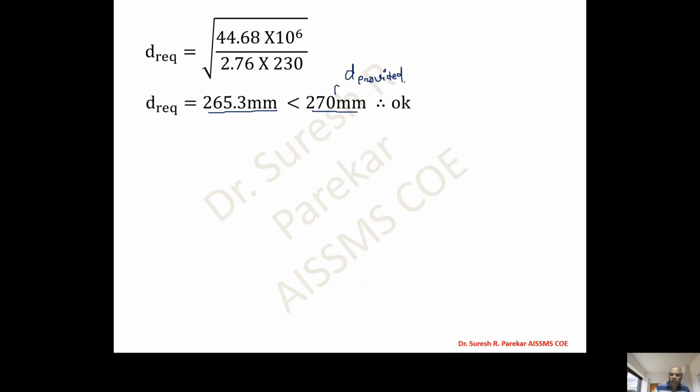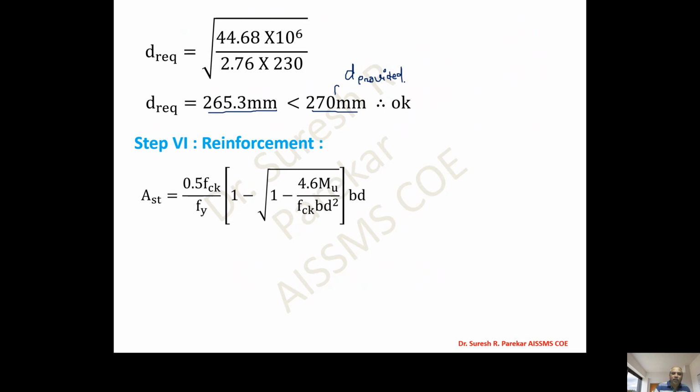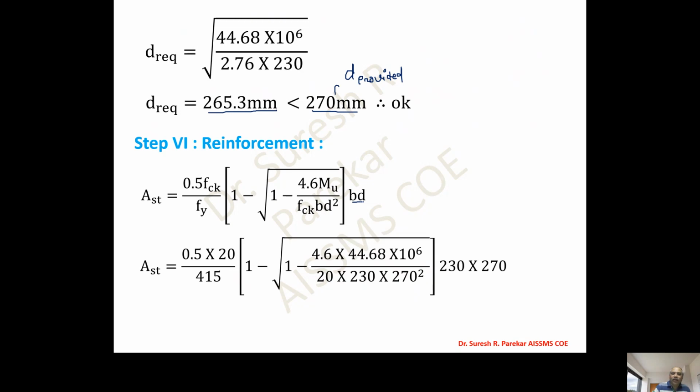Now we will switch over to reinforcement. As we know, the formula is AST equal to 0.5 FCK upon FY into 1 minus root of 1 minus 4.6 MU upon FCK BD square into BD. And then we will substitute the values. MU we have 44.68 into 10 raised to 6, B is 230 and D we have small d 270 square, and same we have substituted values over here, which will give us the value of AST